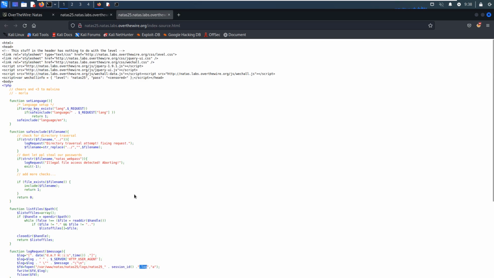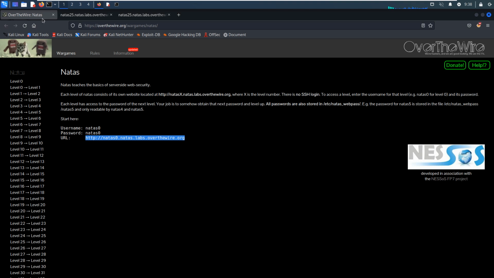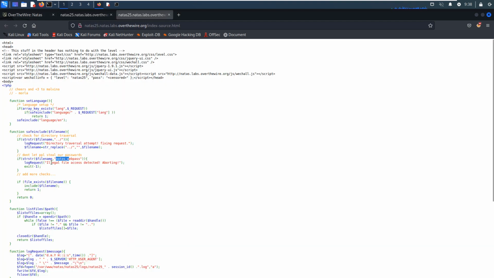Also, because the password for every level is stored in this directory, the web application will check whether our file name has this string, and if it does, it is also viewed as an illegal request and will be logged into the log file.